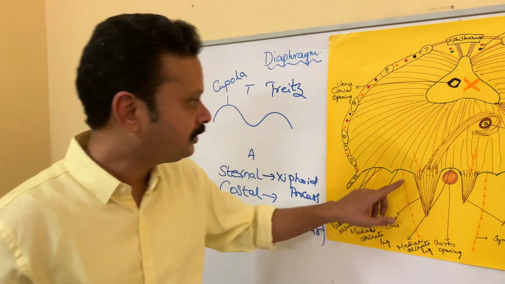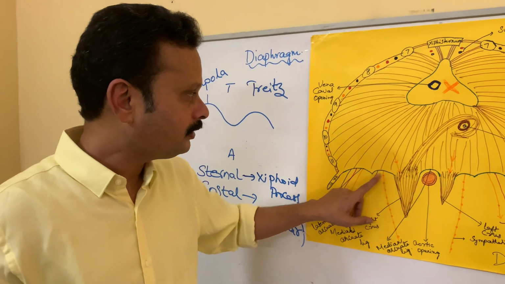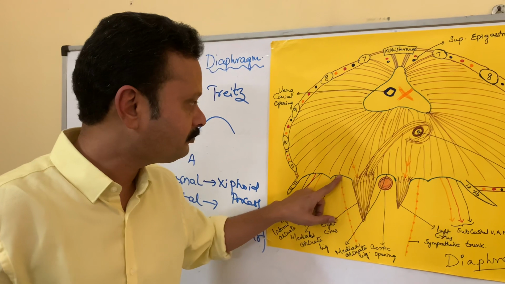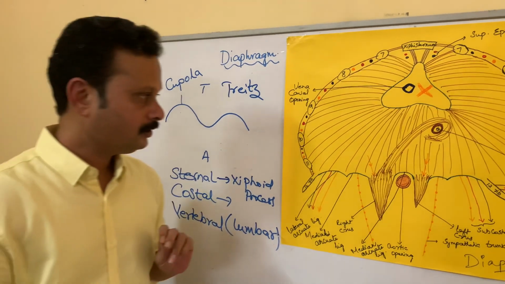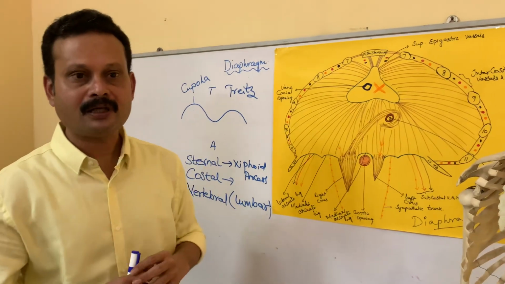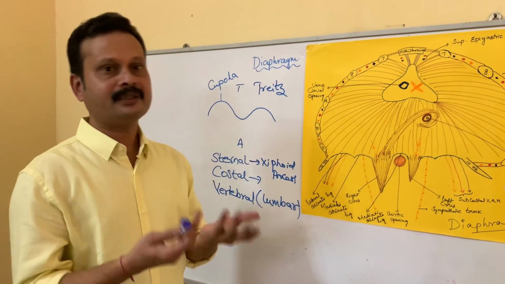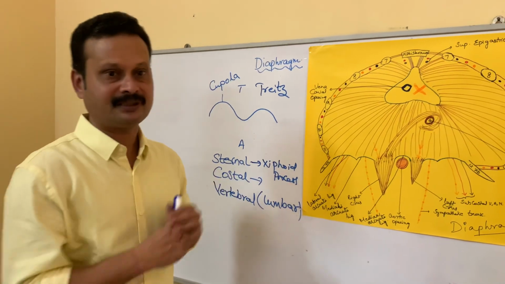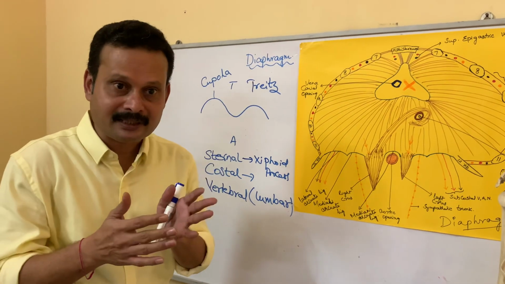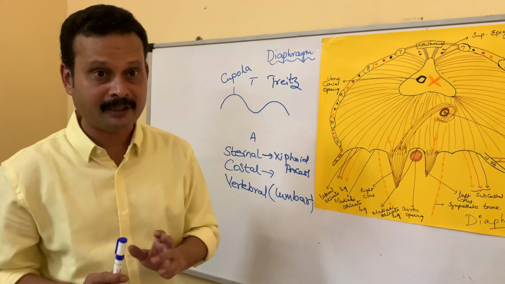The second origin belonging to this group is the medial arcuate ligament. This is the medial arcuate ligament of the left side. This is the medial arcuate ligament of the right side. This ligament bridges in front of the psoas major muscle and is formed by the thickening of the psoas fascia covering the muscle. The psoas fascia, which is covering the psoas major muscle, thickens and forms a ligament called the medial arcuate ligament or